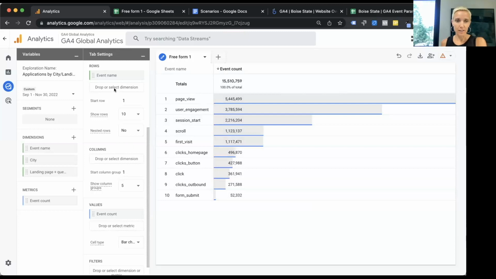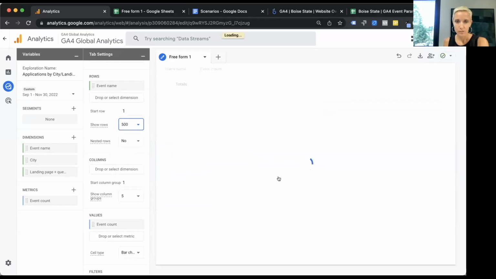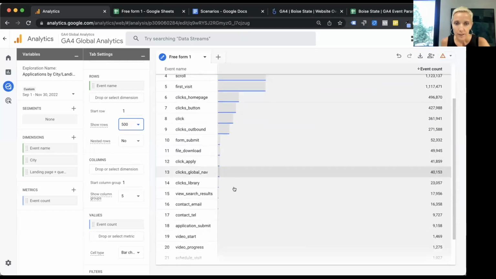Now that I've brought in event name, I'm getting all the events. I only have 10 rows here, so I don't even see the application. So I want to do more rows. Okay. Here's the application submit, row 18.